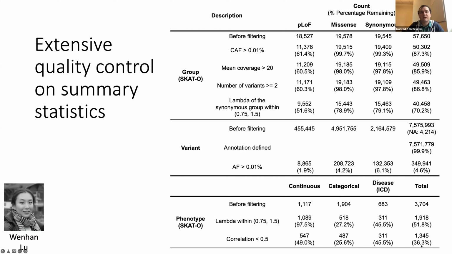So we also considered the idea that some of these phenotypes are not necessarily independent. So when we filter for independence, we get quite a bit fewer. We do release the entire data set to the public before all of our QC, but we do provide all the QC flags as well so that anyone can do similar analyses as we do.